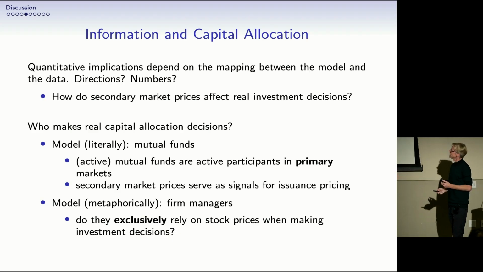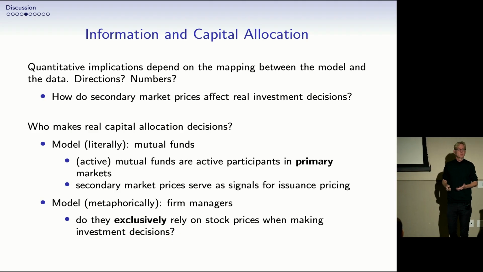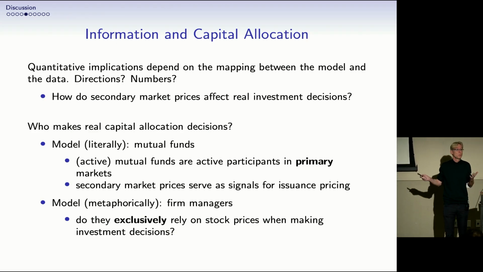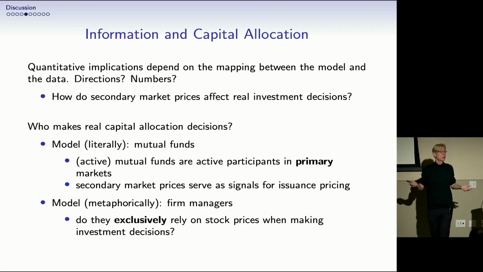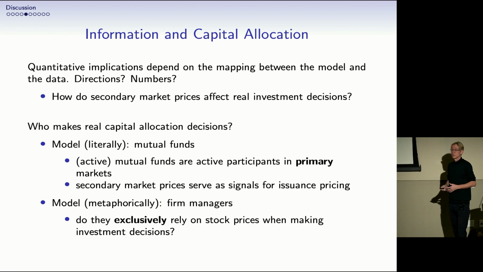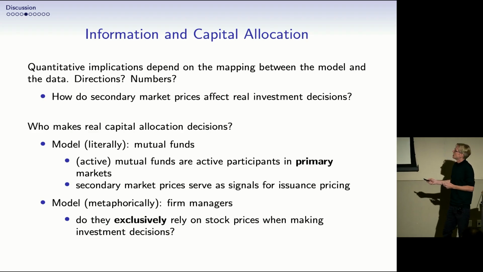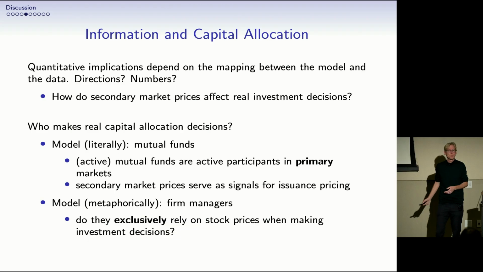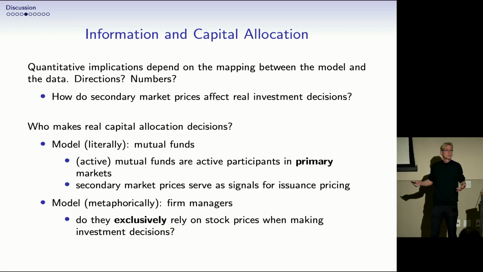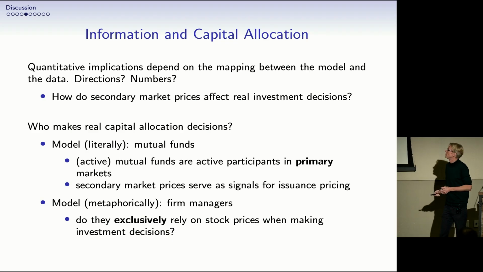to companies. Now, I was thinking about that a little bit, and it's actually not that far of a stretch, because what I've learned is that active mutual funds are actually some of the main buyers, an active participant in the primary market. So in IPOs, it's a lot of active mutual funds that at least used to buy those shares. So that would be basically a statement about primary markets and issuance markets. And I think it's very plausible that secondary market prices kind of serve as signals for issuance decisions, certainly in SEOs, but probably also in IPOs.